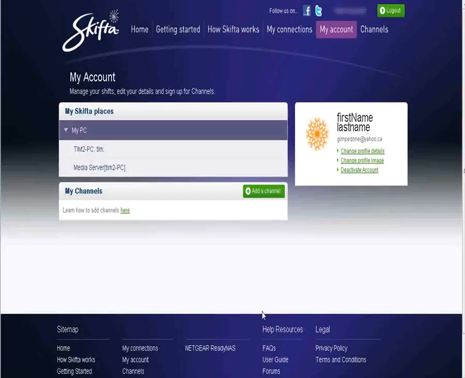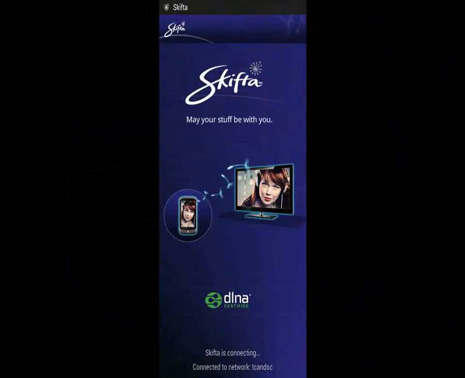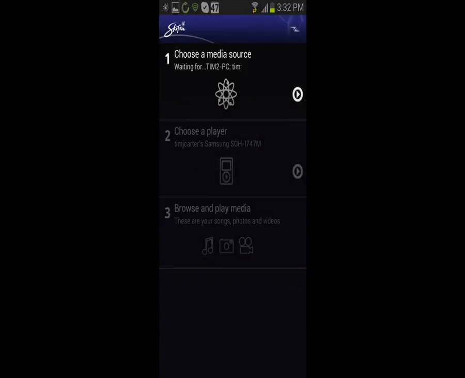Okay, now let's go and have a look at what's on my phone. There is an app for the phone. Okay, so when you open Skifta on your phone, this is what you see. Okay, so from here it'll just open by itself when it thinks for a second, and then once you're in there it gives you a menu. So you're going to choose a media source, and it's the only thing it's going to let you do right now. So just pick this, just choose here, and then it's going to go to another screen,